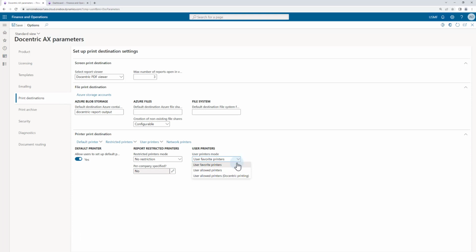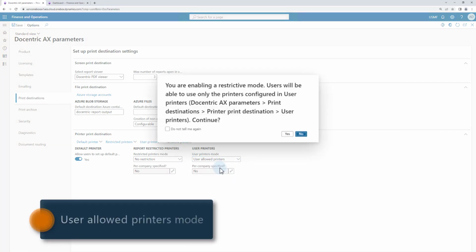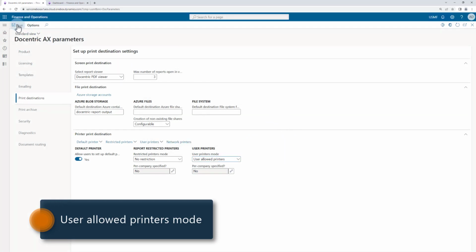Now, regarding the user printers, I will select the restrictive user allowed printers mode. It is for the scenarios where it is important to control which users may print to which printers. For example, you may have some expensive printer in the marketing department and only the users in this department are granted the right to use it. This mode allows an administrator to go into the user printers form and to set up the allowed combinations of